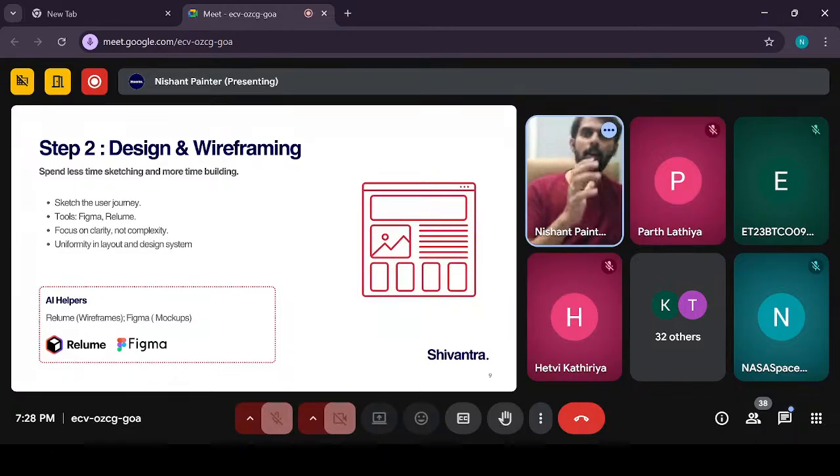All your pages should have the same look and feel. It's not that one of your pages is blue and another page is red. It should have a common color scheme, common typography, and common font size. And it should have common elements which you will be reusing across all the pages or web layouts. So how do you do this?